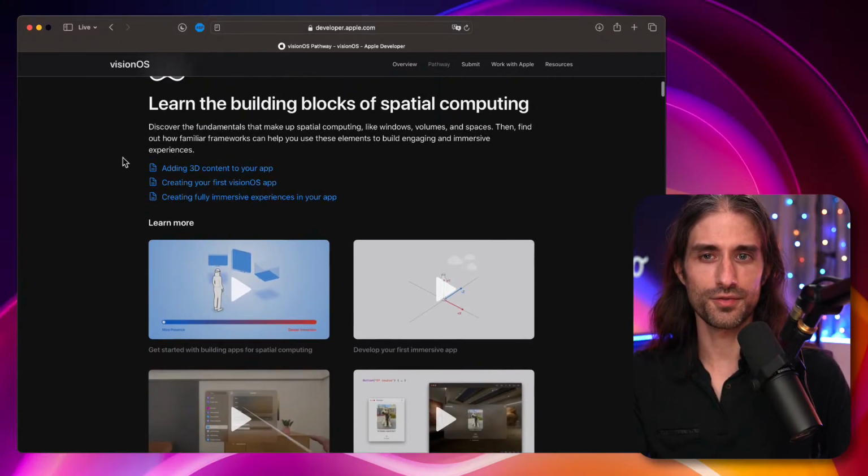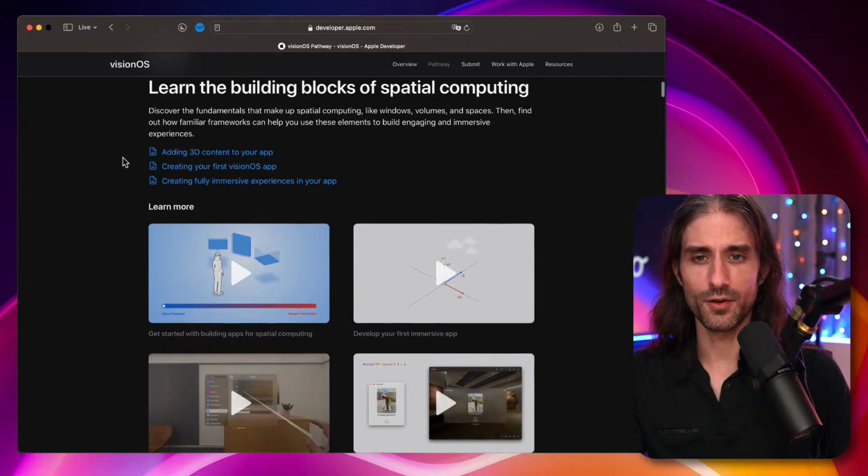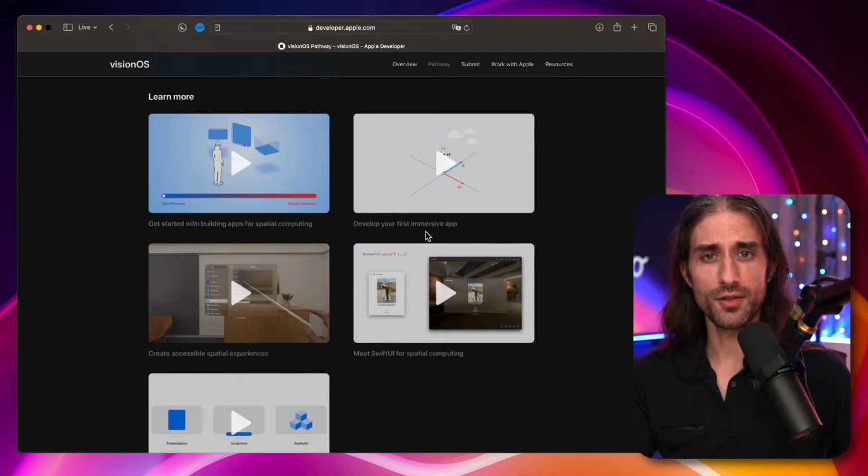But of course, there are a lot of resources to learn the basic building blocks of spatial computing, which adds one more dimension to building an app for iOS, because it's all flat, it's all in 2D, and now you have to deal with 3D. So you have getting started with building apps for spatial computing, develop your first immersive app, which not all apps need to be immersive, by the way.